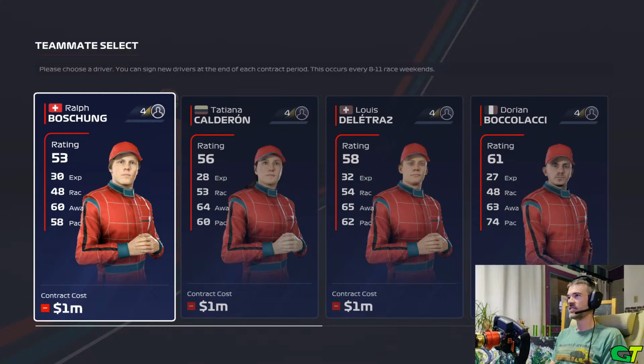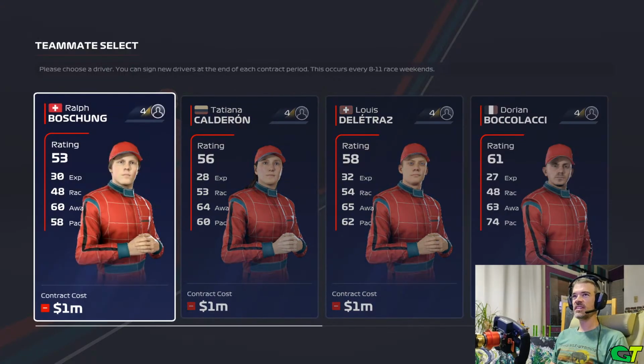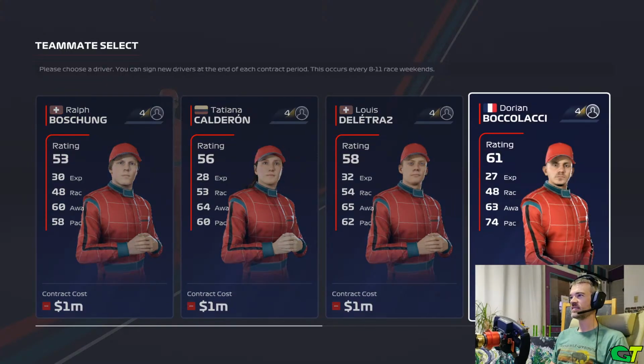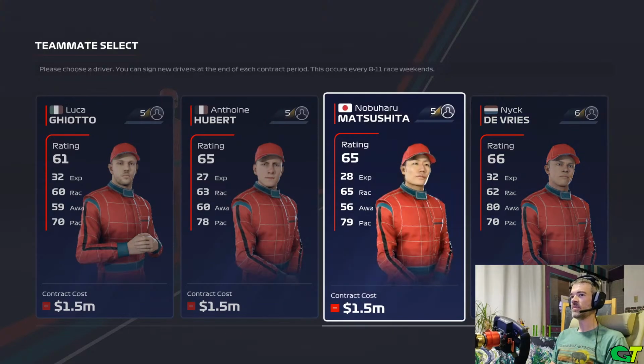Now it's time to pick a driver for the second car. We've got Ralph Boschung. We probably want to go a little bit more than bottom barrel. We did go with the economical power unit. Okay, so these all cost the same, and yet this driver's way better. So we've got Tatiana Calderon, Luis Delatraz. How many drivers are there? Okay. 2 million seems like a bit much. The question is,